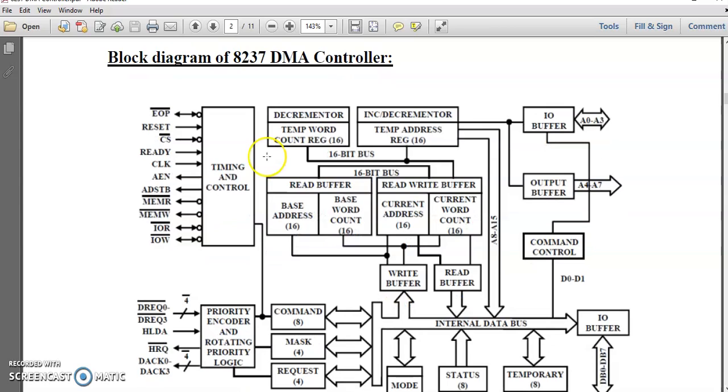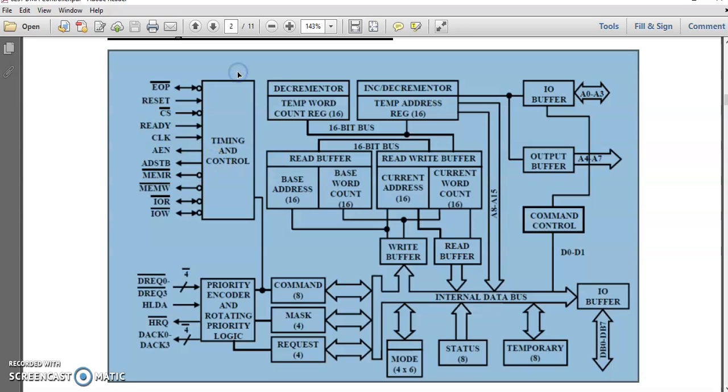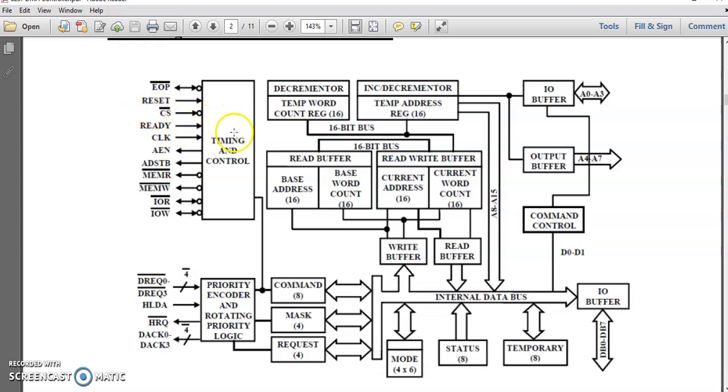Now this is the block diagram of the 8237 DMA controller. The 8237 DMA controller has three control blocks. One is the timing and control block, second is the command control block, and third is the priority encoder. The timing and control block provides timing and control signals